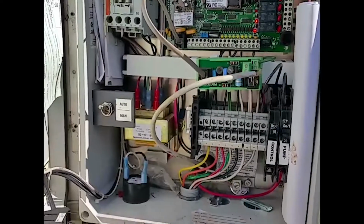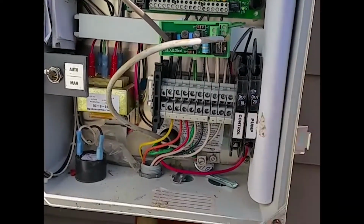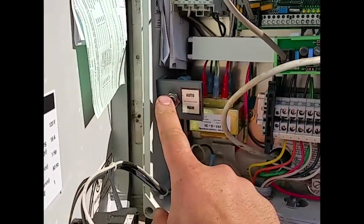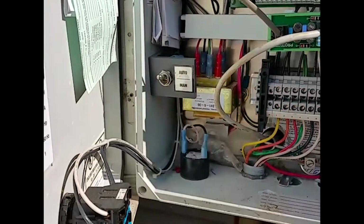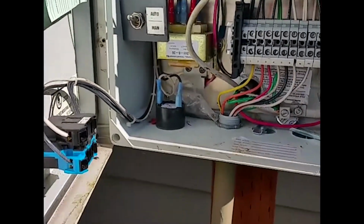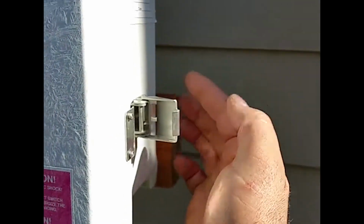So then finally, before you leave, you're going to want to make sure that the breakers are on. In this case, the pump breaker was off. Sometimes both will be off. This one has an auto manual switch, but it springs back to auto, so you don't really have to watch that. Make sure there's nothing in the area here. You're going to shut and latch both latches,